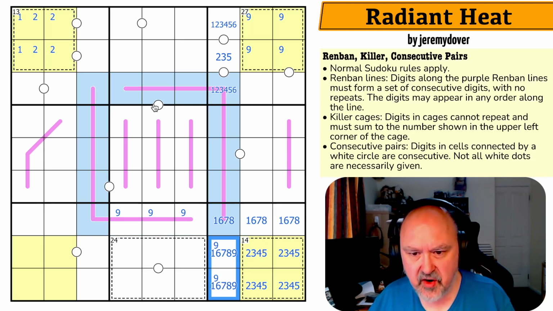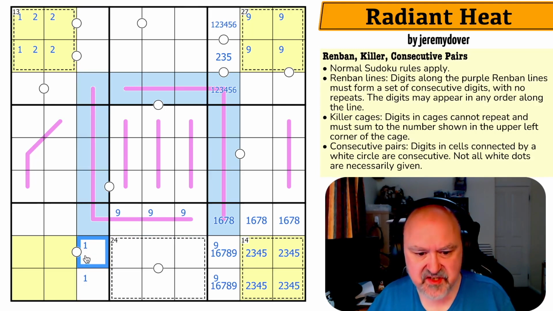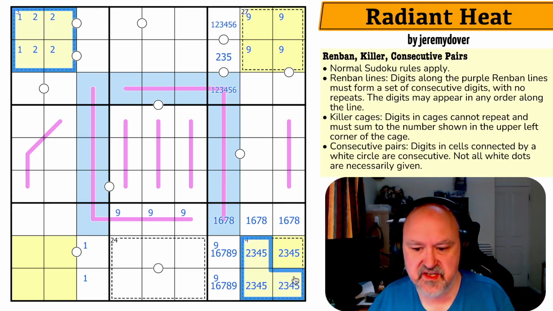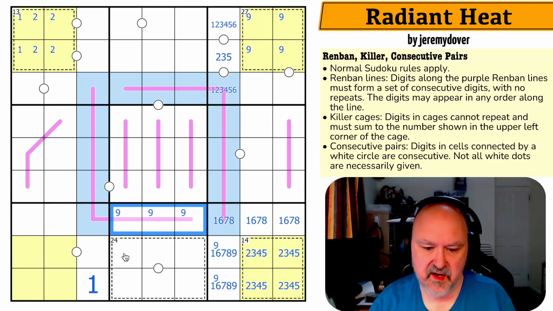But there is now a 9 on this line, so there is no 1 on that line. There's no 1 up there. There is a 1 in those two. That's not a 1 because that would make that a 2, and I've already got 2 2s in yellow. That's not the 1, that's the 1. Now this is a 9. There is a 1 in one of these